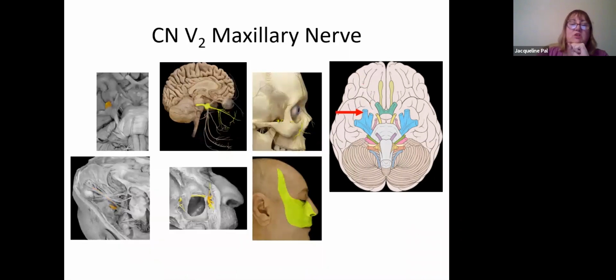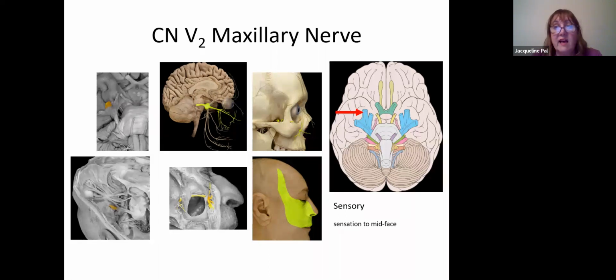So that brings us to V2, which is the maxillary nerve. And so the maxillary nerve exits the skull. If you look on the bottom left, there's the first branch going to the superior orbital fissure, and here's V2 going through the foramen rotundum right there. And then from the foramen rotundum, it's going to end up coming out here in the infraorbital foramen. And so it's going to give a sensation here in the mid-face area and a little bit here on the side of your temples as well. So both V1 and V2 are purely sensory, which means V3 has to be the one that has a motor